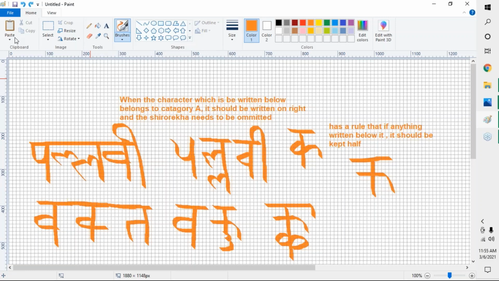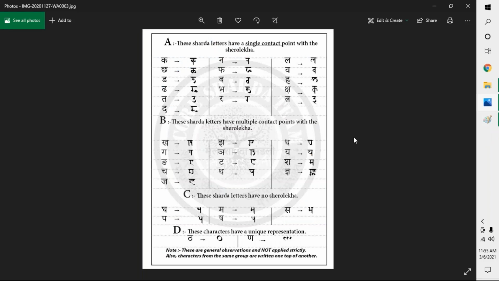What we learned today is just for students to reframe what we have done. We did category A, category B, category C, category D. We understood what it means. So students have to write this page and show as a header that category A characters are this, category B characters this, category C and category D. This will be a revision, and it will also help us in the next class when we take other complicated conjuncts which are of category B or C. So next class we will cover B and C. So that is an important rule.